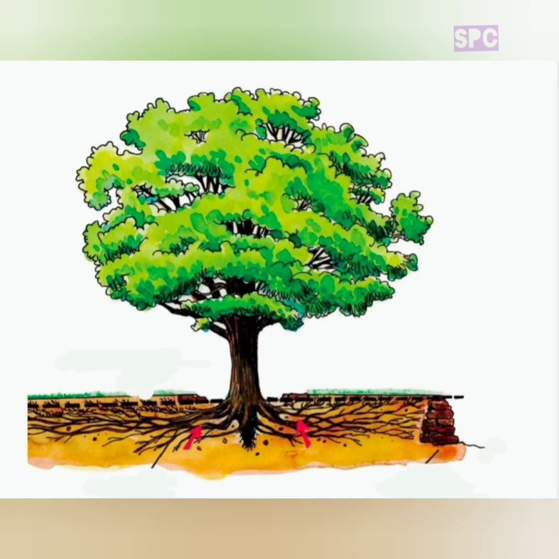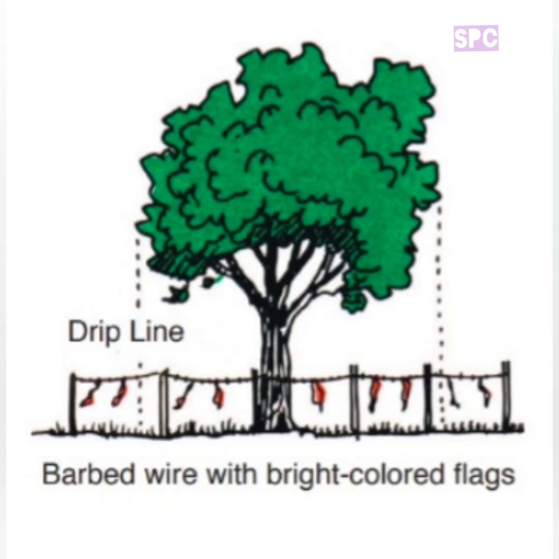The rest of the roots extend outward to take up water and nutrients, going out at least as far as the tree is tall, possibly even twice that distance. So, it is important to protect as much of the root zone as possible. And this can be done by installing fence around the root zone to keep the vehicles and workers away.